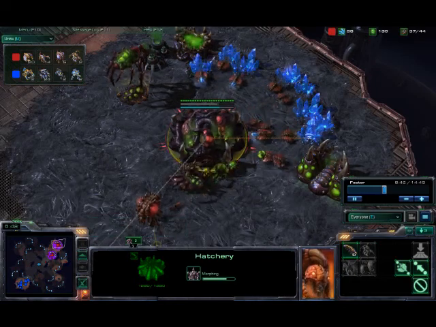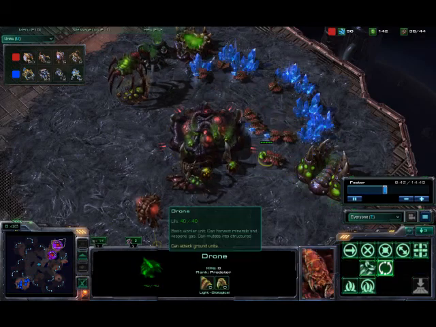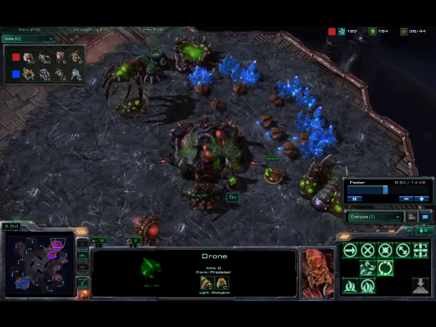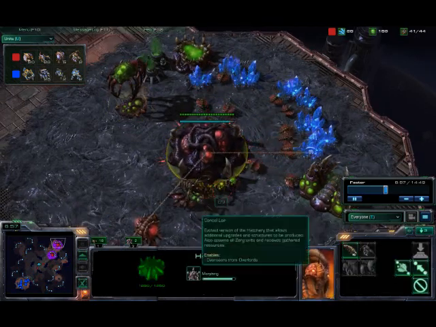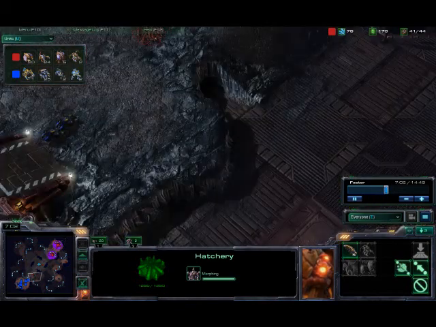And then the lair starts real quick. You never take guys off gas from the moment you put them in. You get one gas, you get your speed, and then you get your banelings, and then you get your lair, and then you'll have enough leftover gas to,